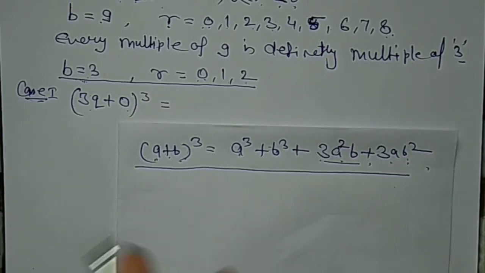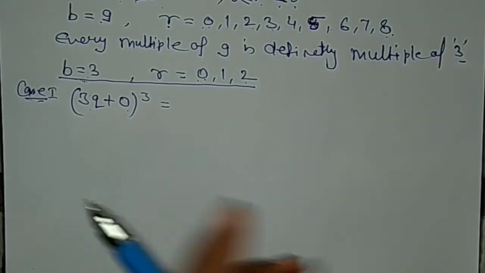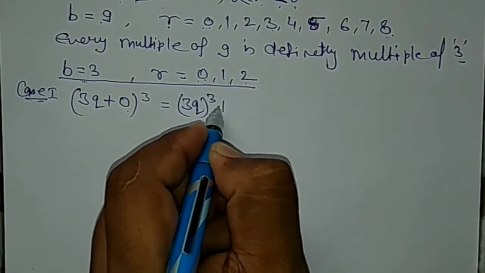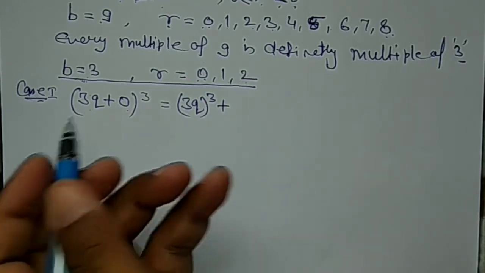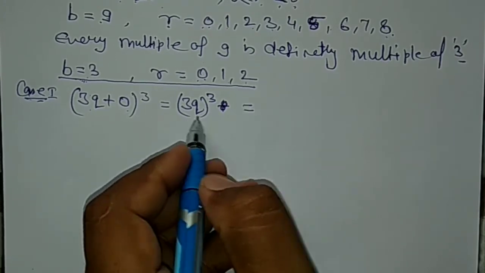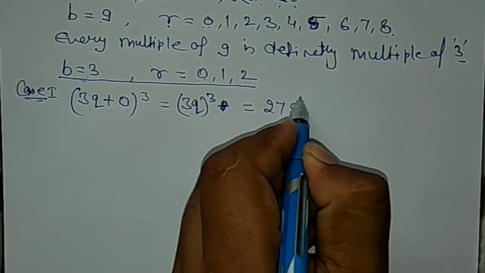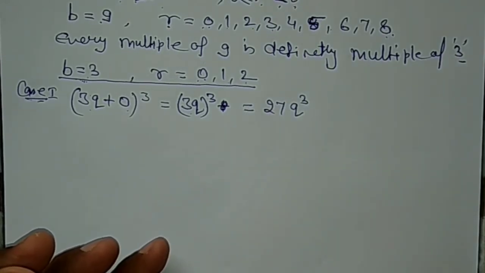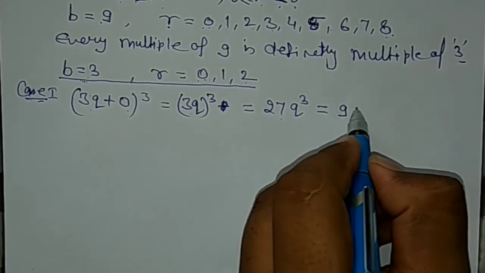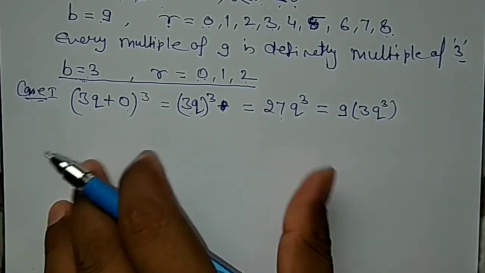So we are opening this term with this formula. Now for the first case, (3q) cube, that is simple, the other term is nothing over here. So a cube is how much? 3 cubed is 27, so 27 q cube. Now we can also write it as a multiple of 9: 9 times 3 is 27, so 9 times 3q cube. Can I write like that?